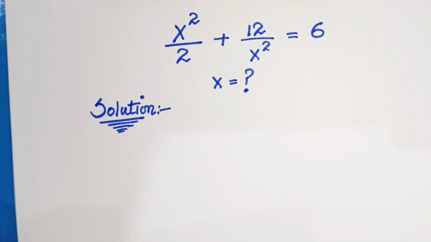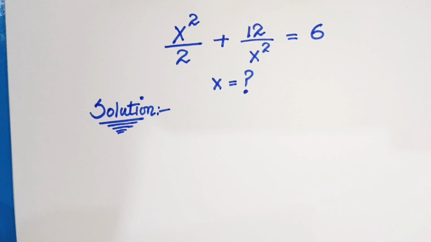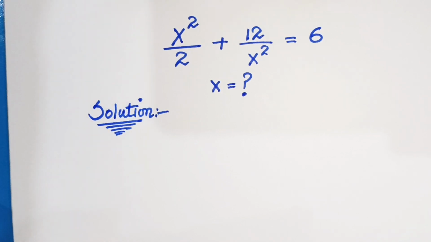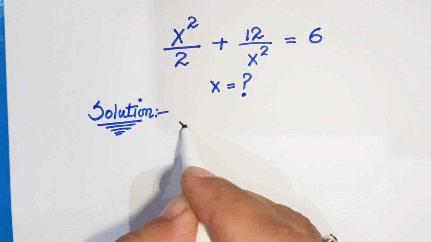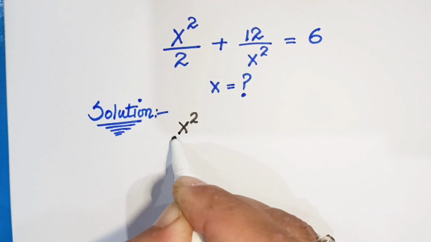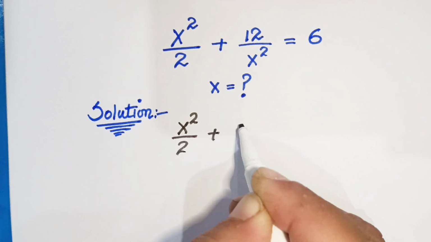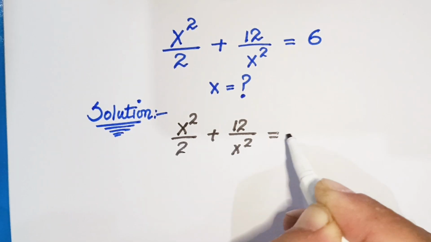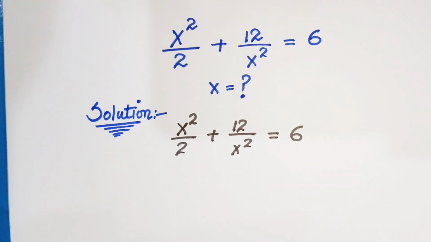Today we have a nice exponential problem: x squared divided by 2 plus 12 divided by x squared is equal to 6. So we need to find all possible values of x. Starting our solution, our problem is x squared divided by 2 plus 12 divided by x squared is equal to 6. Now let us suppose